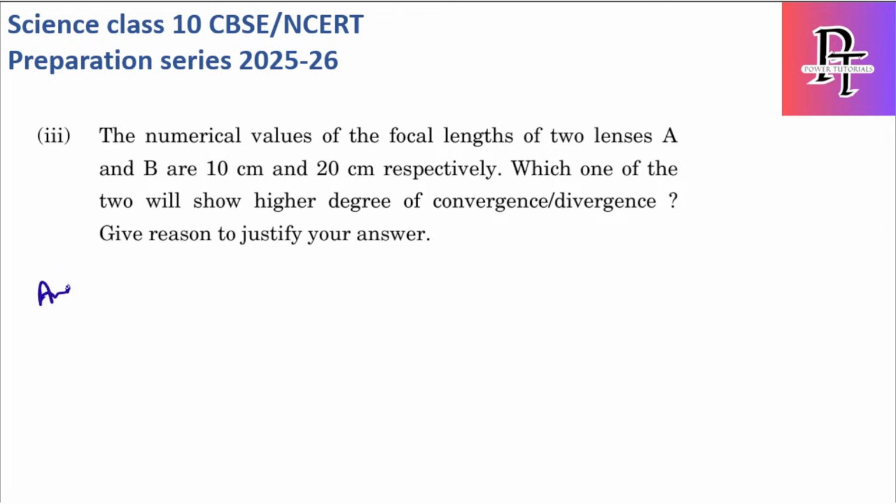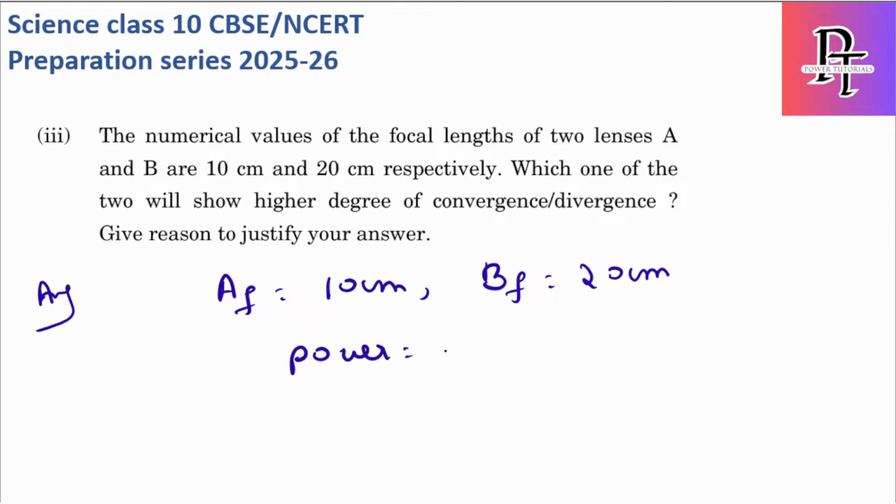से 5 मार्क्स क्वेश्चन का तीसरा पार्ट है। न्यूमेरिकल वैल्यू से फोकल लेंथ ऑफ टू लेंसेज दिया है ए एंड बी। ए का फोकल लेंथ 10 सेंटीमीटर्स है और बी का फोकल लेंथ 20 सेंटीमीटर्स है। और क्वेश्चन में पूछ रहे, विच ऑफ द टू विल शो हायर डिग्री ऑफ कन्वर्जेंस और डाइवर्जेंस, गिव रीजंस टू जस्टिफाई। तो डिग्री ऑफ कन्वर्जेंस मतलब पावर होता है, और पावर का फॉर्मूला क्या है, पावर इज इक्वल टू 1/f, विच इज 1/फोकल लेंथ। तो जब भी फोकल लेंथ कम होगा पावर ज़्यादा होगा।